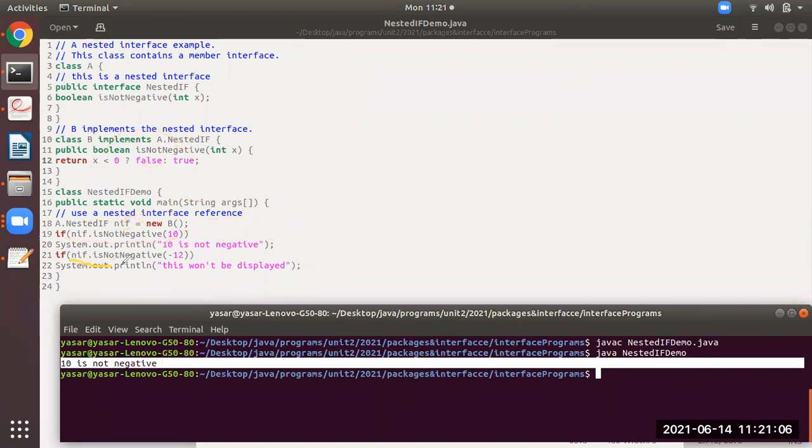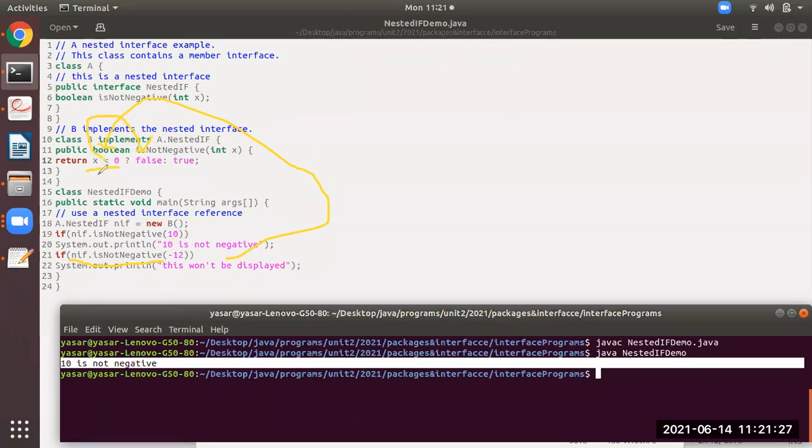What about line number 21? NIF dot isNotNegative of minus 12. Same thing. We will directly move to line number 12. X less than 0, where X is minus 12. Minus 12 less than 0 is true. Expression 1 is correct, so if expression 1 is correct, the answer will be expression 2.